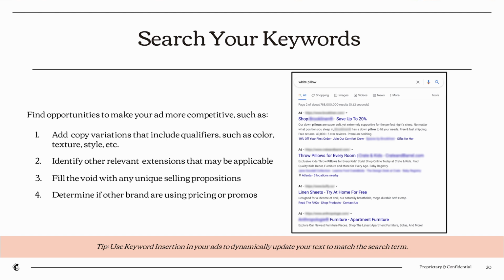Next, I would identify the relevant extensions that they're currently utilizing. So I can see on that first ad, we're utilizing site links, which are those blue text below the black text. And then after that, we're seeing a location extension for other locations in Atlanta for that business. Those are great extensions that you can also utilize if it makes sense for your business. So for example, that location extension, if you have a brick and mortar, that might be something that you also want to take advantage of. And I'll talk about extensions a little bit later.